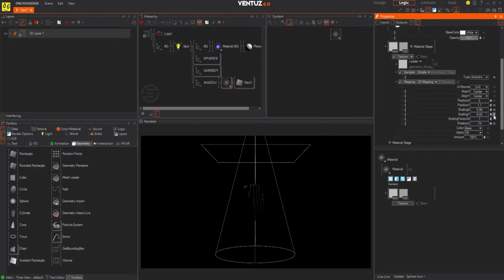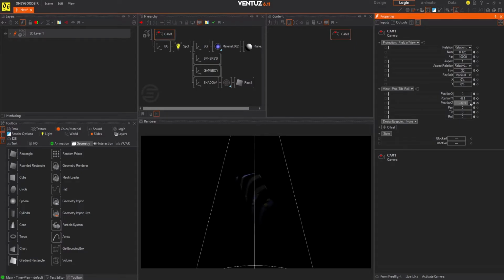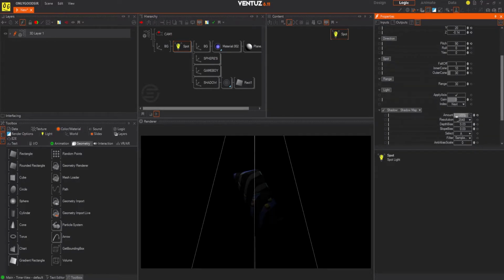Let's tweak this. So let's reset this. Scale this down a tiny bit, and I'm happy with that for now. It doesn't look fantastic, however, give it a second, and in a second we'll make this look a million times better. So in the shadow options, we do have a lot of options,